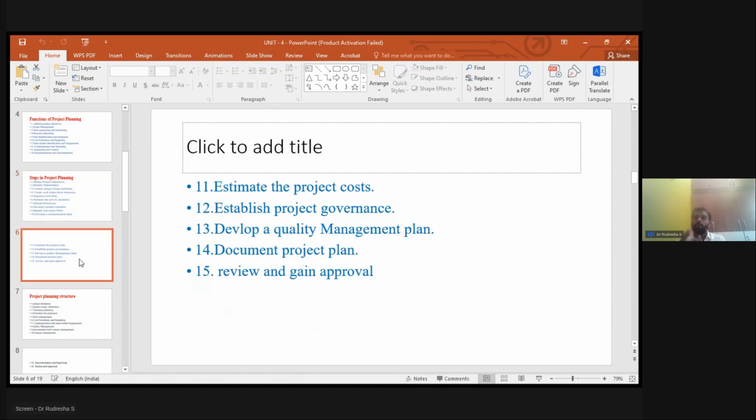Estimate the project cost, establish the project governance, document the project plan, review and gain approval. These are all the steps in project planning. Next,